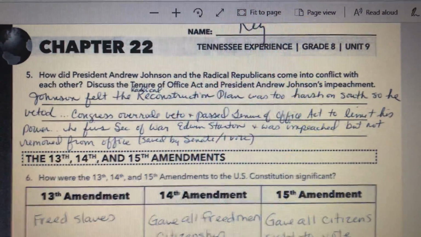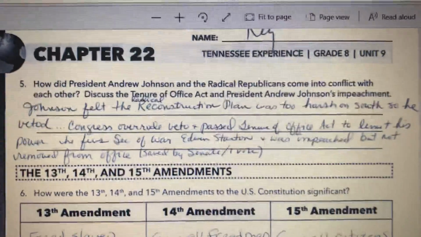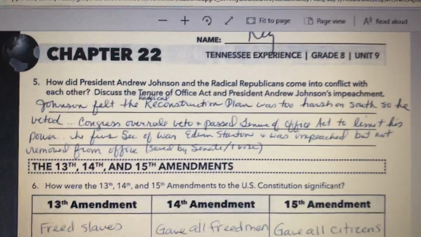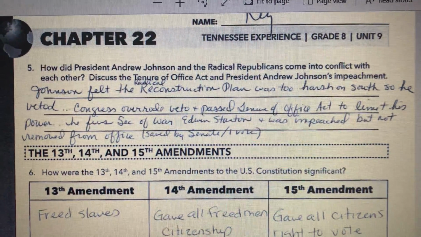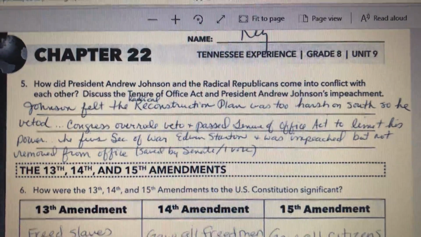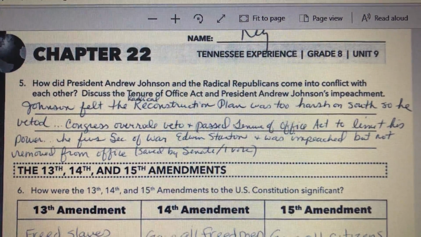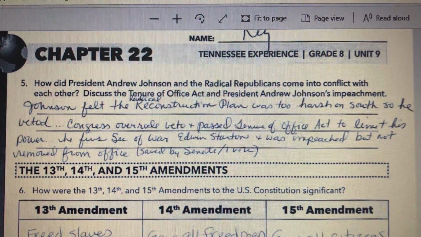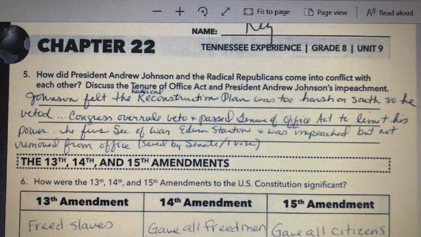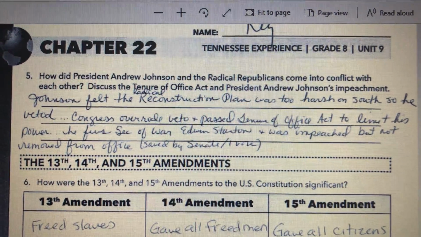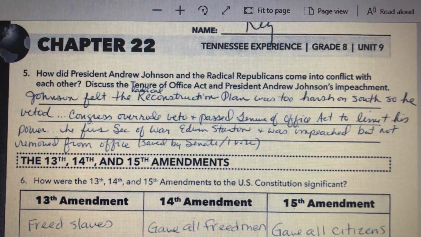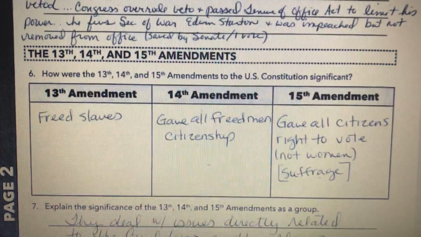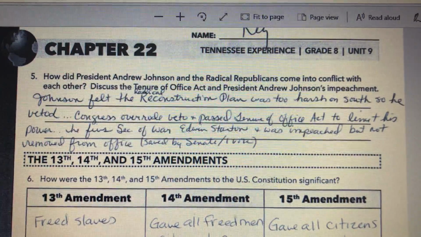Now, let's review what happens when you're impeached as a president. Are you leaving office immediately? No. You are basically accused of maybe abusing your power. So the House of Representatives impeaches a president, but then it goes to the Senate, and the trial will actually decide if he is to be removed from office or not. He was saved by the Senate by one vote and therefore continued in office. Sounds like our current president, right?